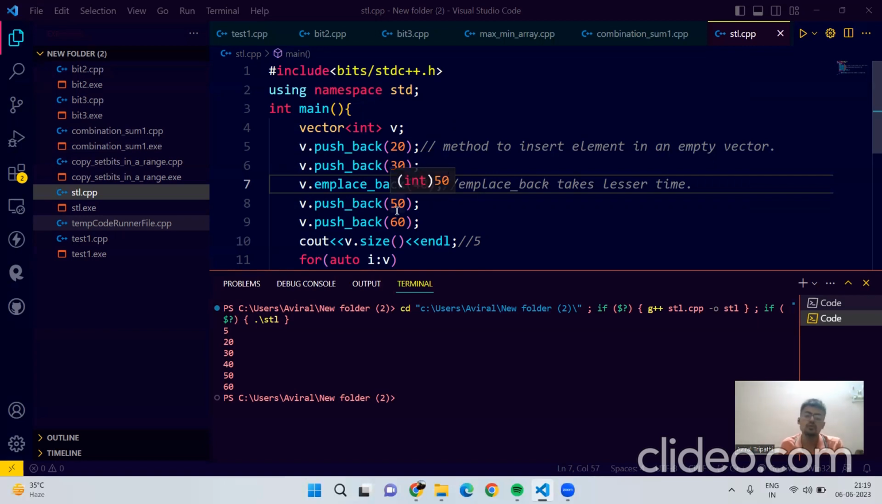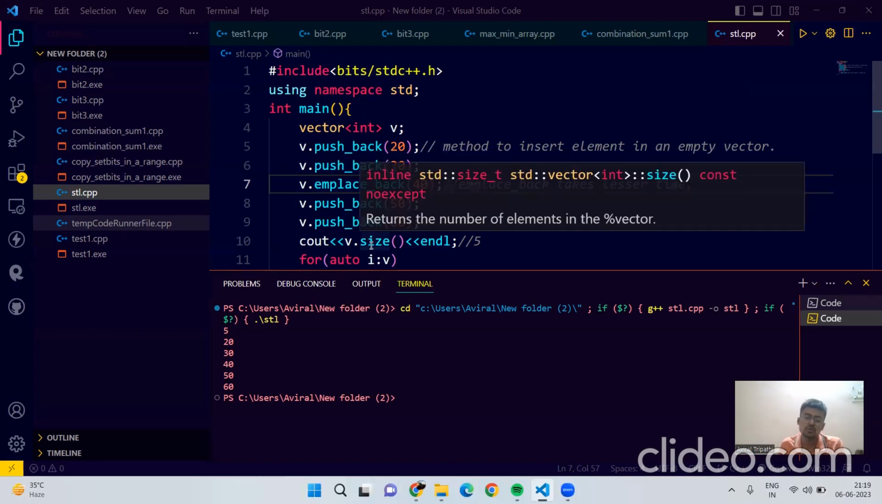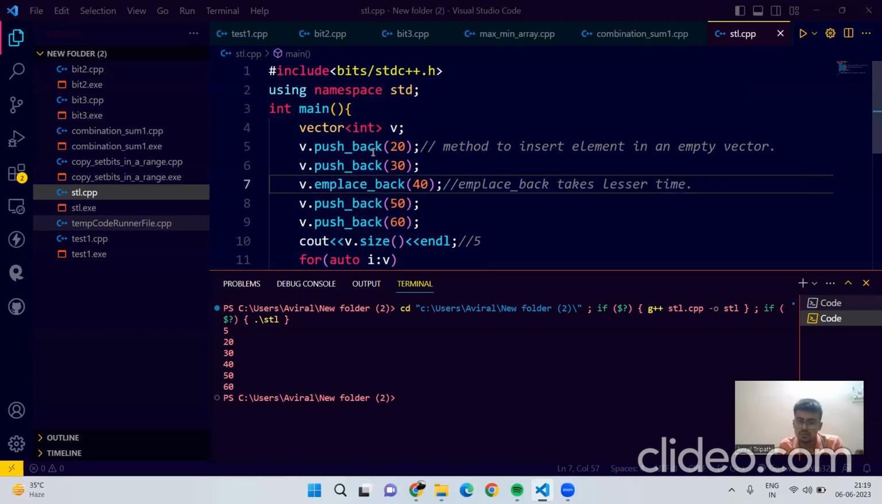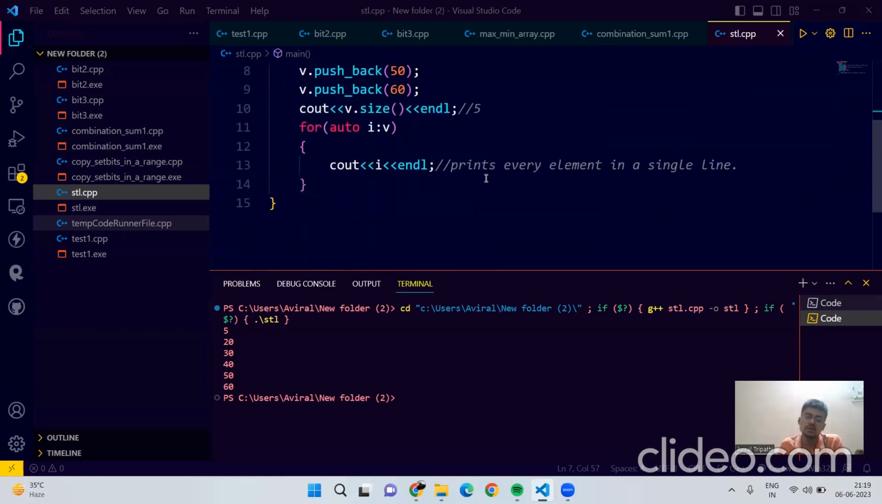But if you have to use 10 elements or 15 elements, then you can't simply go on writing push_back, push_back, push_back. So you can first initialize an array with all the elements and then, using a for loop, you can simply insert the elements like this. Now, if I write like this,